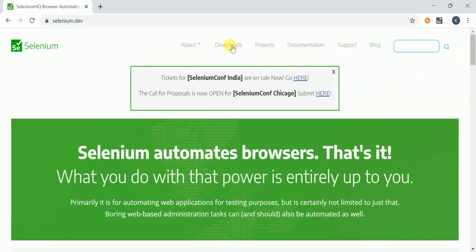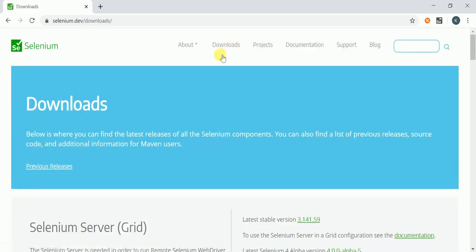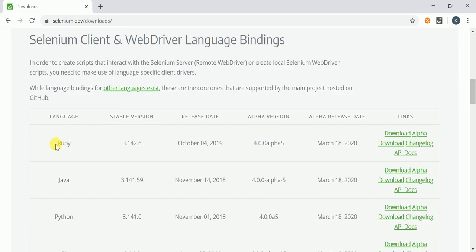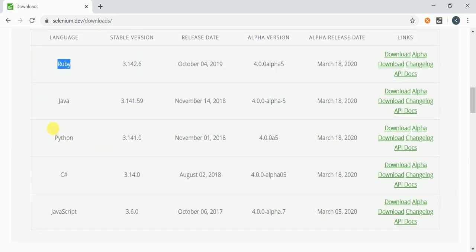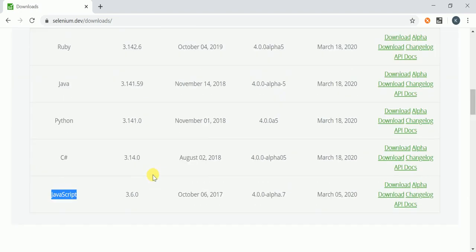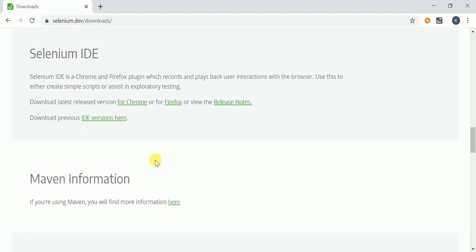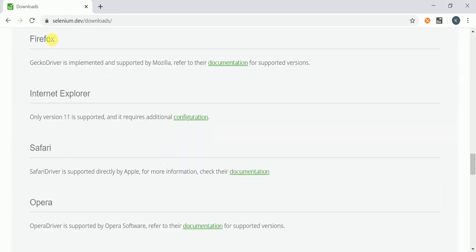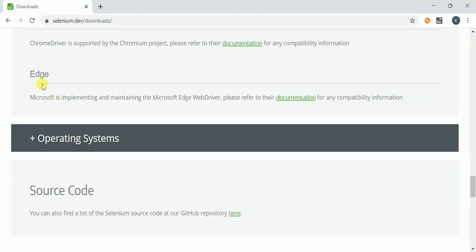Okay, go to the download section. In the download section, you're going to see what are all the languages it is supporting. It is supporting Ruby, Java, Python, C#, JavaScript. Similarly, see here what are all the browsers it is supporting. It is supporting Firefox, Internet Explorer, Safari, Opera, Chrome, Edge browsers.